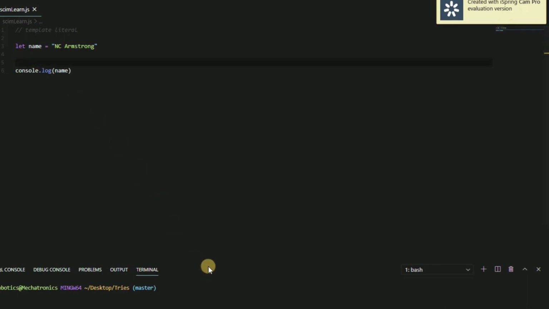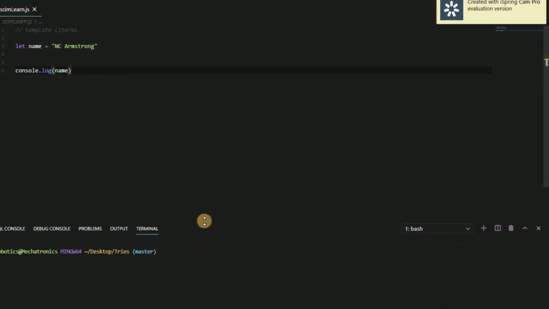You can also install Nodemon, although that is not really part of the discussion for today. So quickly, if you need Nodemon, you can just do npm install -g nodemon, and that will install Nodemon globally on your system. Alright, so if I run this file with Nodemon,